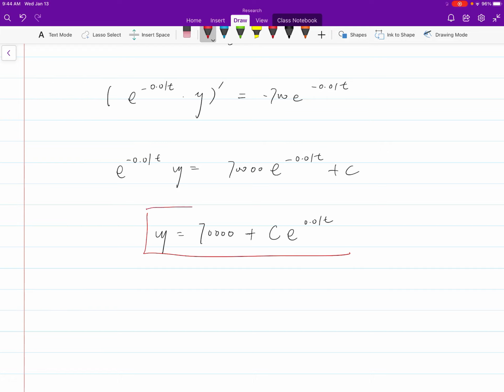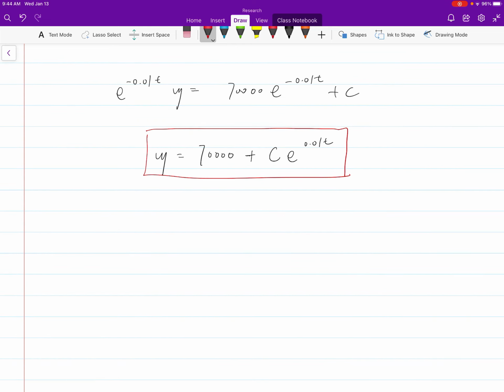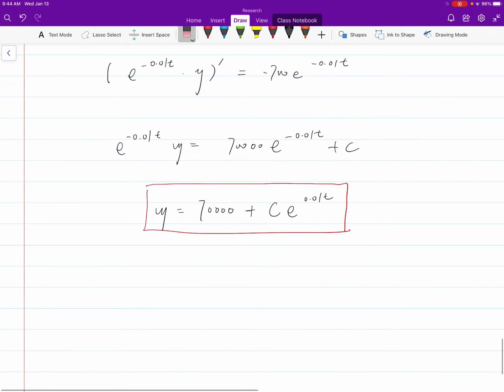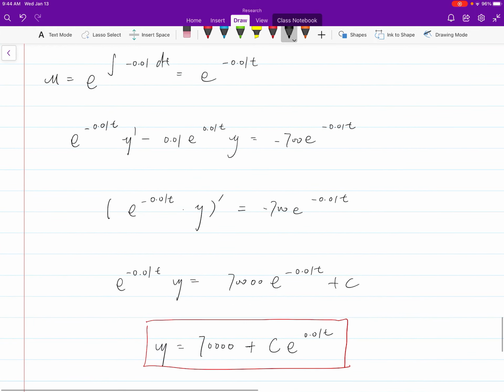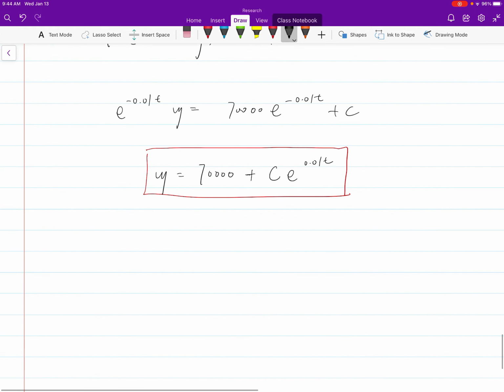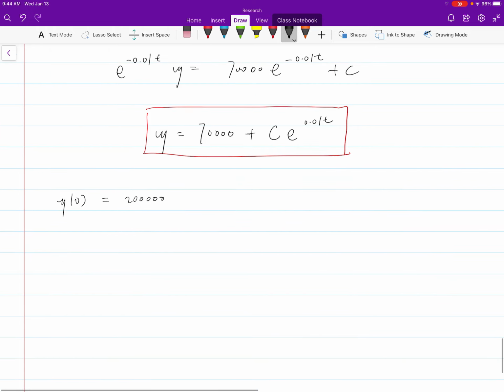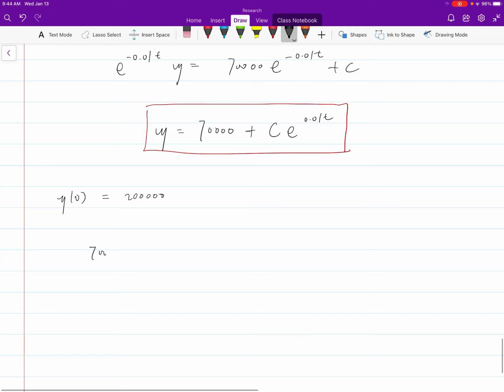It may look not intuitive. The reason is because you have some 70,000 and you have a plus c, and this part is clearly growing, exponential growth. So maybe you're trying to see like, okay, my loan is going to increase exponentially no matter what. Well, even though everything looks like so, but if you just try to assign it, for example, let's take y0 equals 200,000. Even if you just take an initial value and try to see what's going on, then what you have is